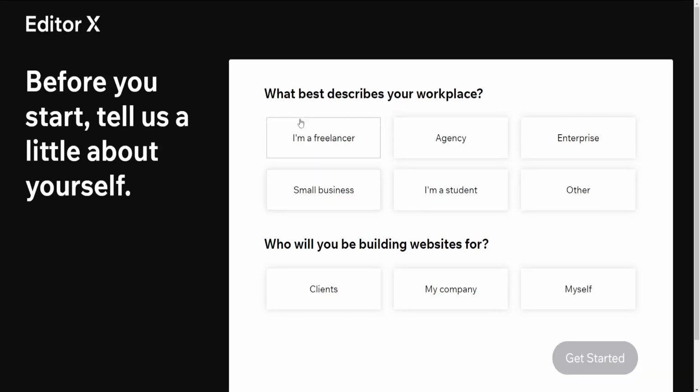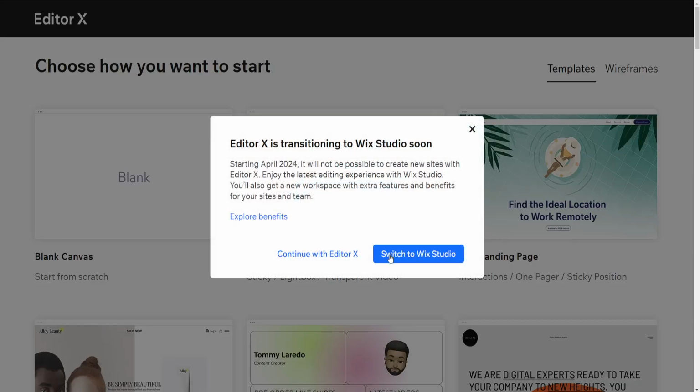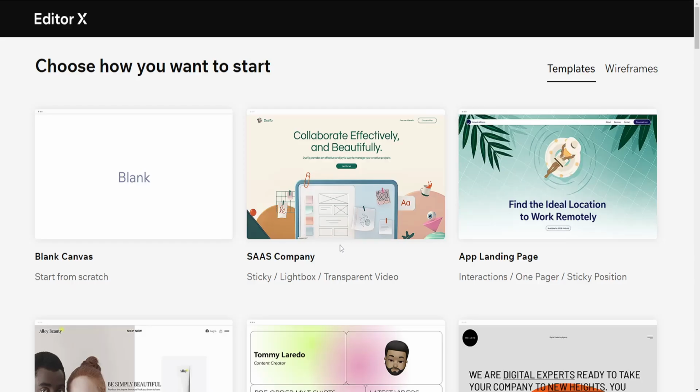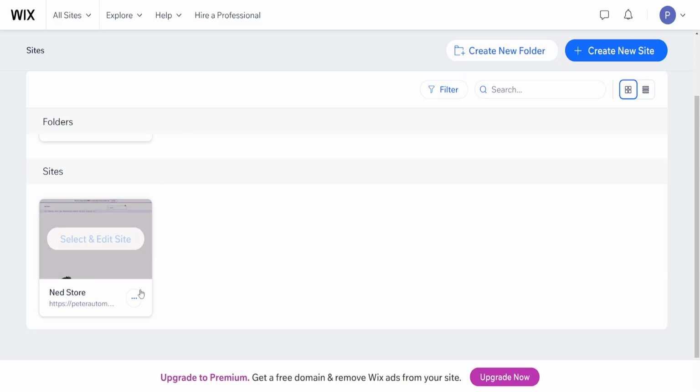So it will take us through the intro page on Editor X. So we can do I'm a freelancer, myself, get started. So just fill out this information very carefully, and we can either continue with Editor X or we can switch to Wix Studio. So it will tell us that it's starting in April 2024, but I'm going to continue with Editor X here, and I'm going to click on Edit Blank Canvas,